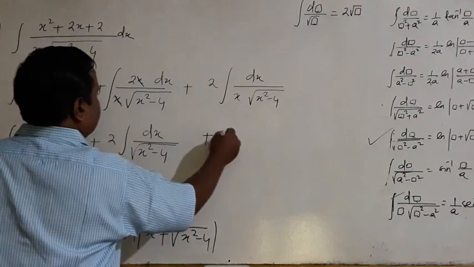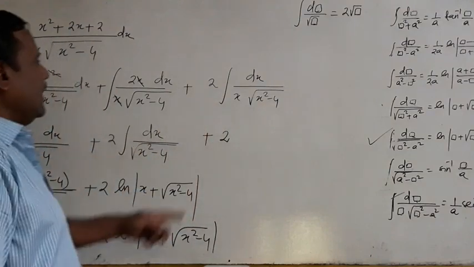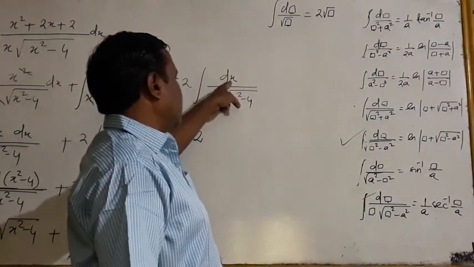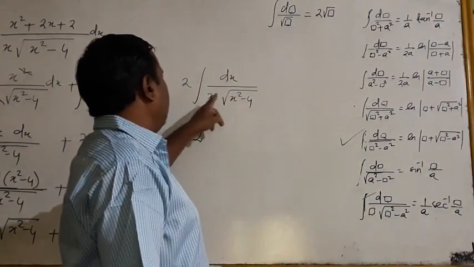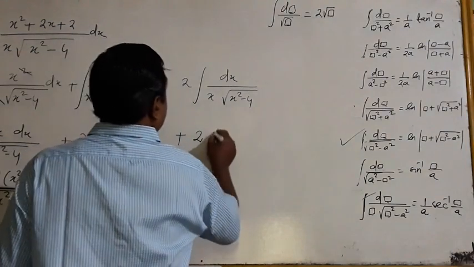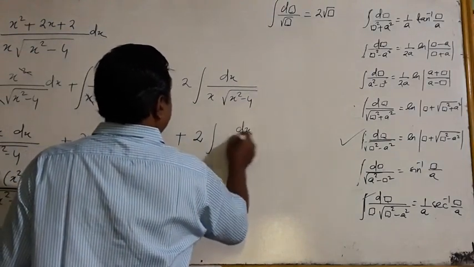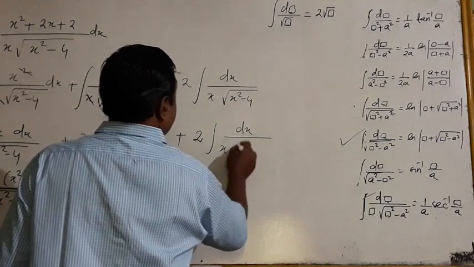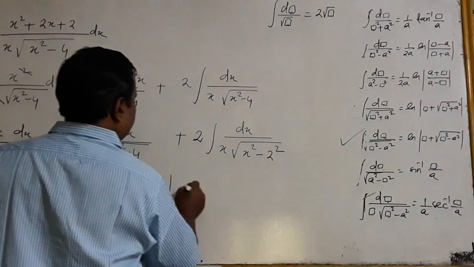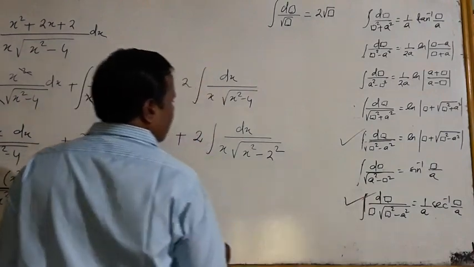Look at this part, this is also a direct formula: dx by x into root of x² minus a². Here it is x, and here a is 2. Now applying this formula, you will get